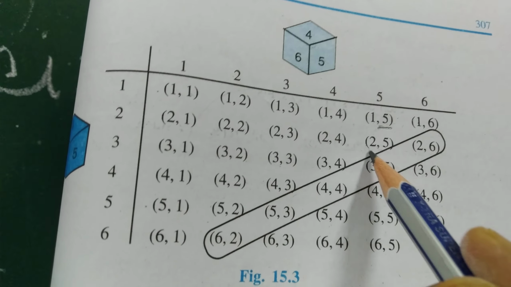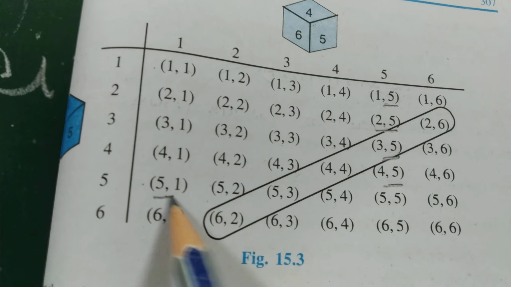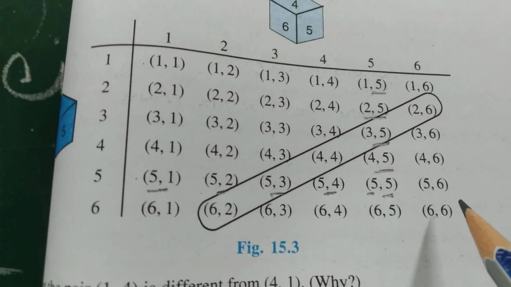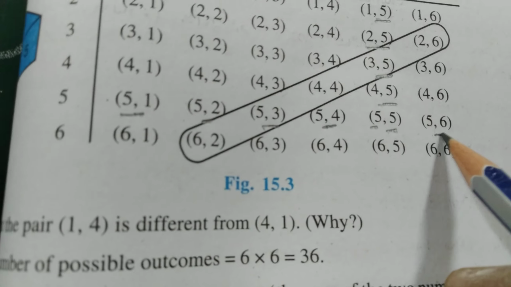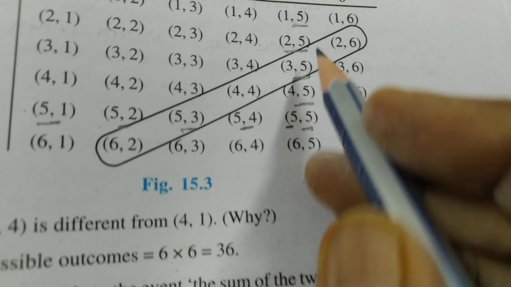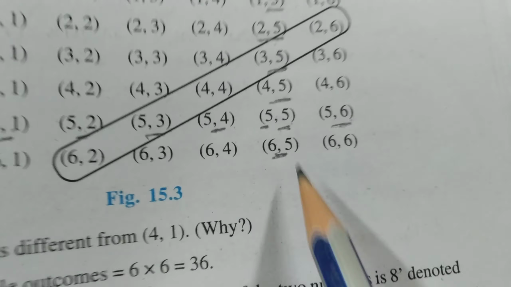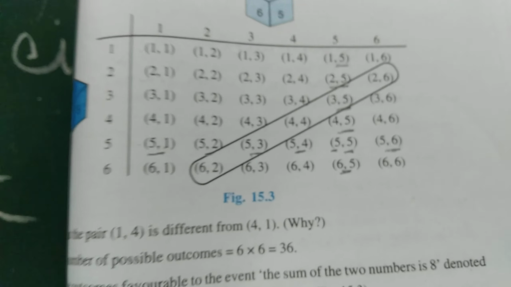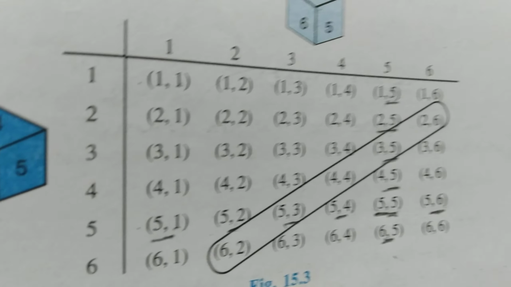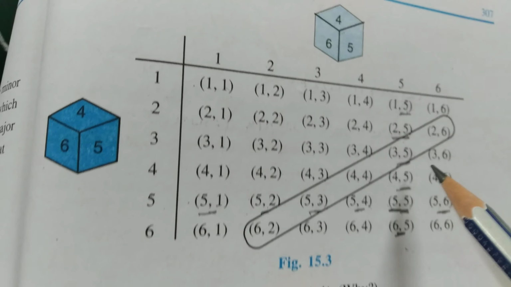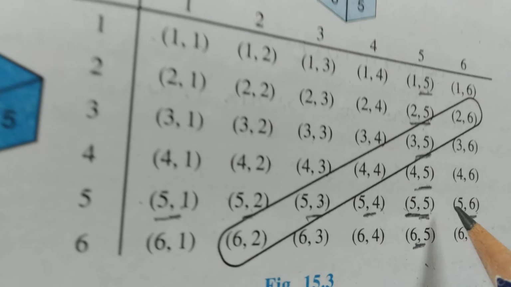1 time, 2 time, 3 time, 4 time, 5, 6, 7, 8, here 2 time. So 9, 10. And here 11. Okay, 1 2 3 4 5 6 7 8 9 10 11. Okay, so how many times? 11. So the students, we got 5 how many times? 11 times. 1 2 3 4 5 6 7 8 9 10 11.